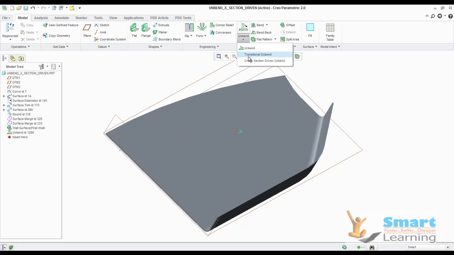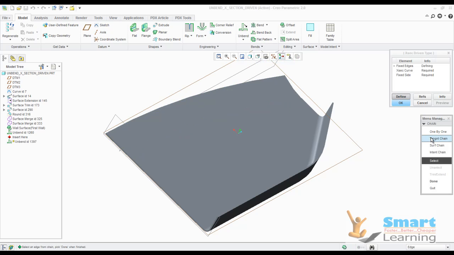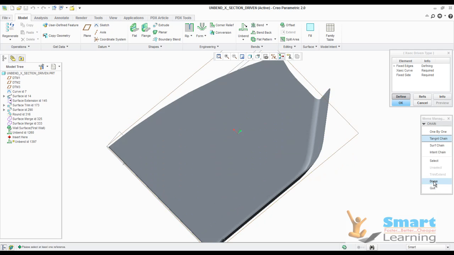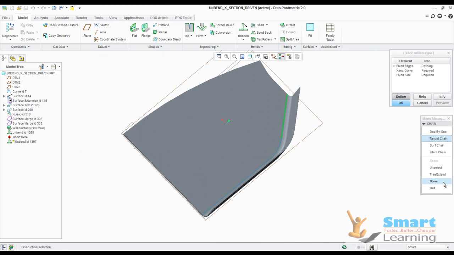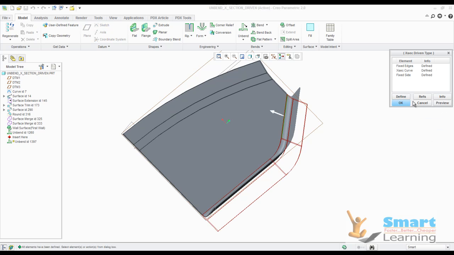Just like that, if you go to cross section driven bend, tangent, go to tangent, select, once you select this whole loop will be selected here, go to done, select curve, tangent, again you can select this and this will be selected and this side will be fixed, and you can see the preview.